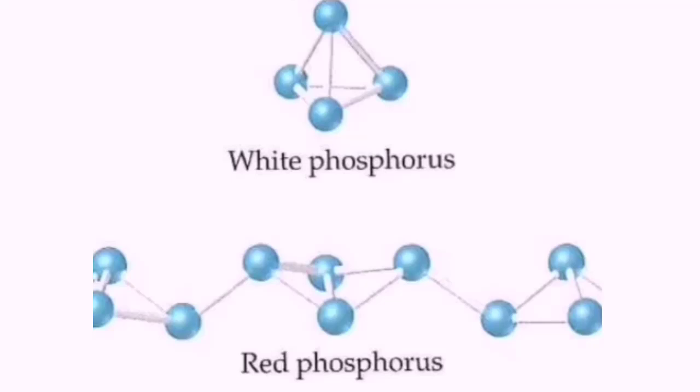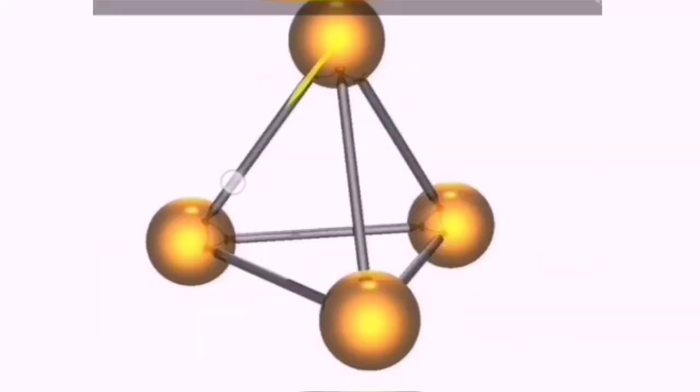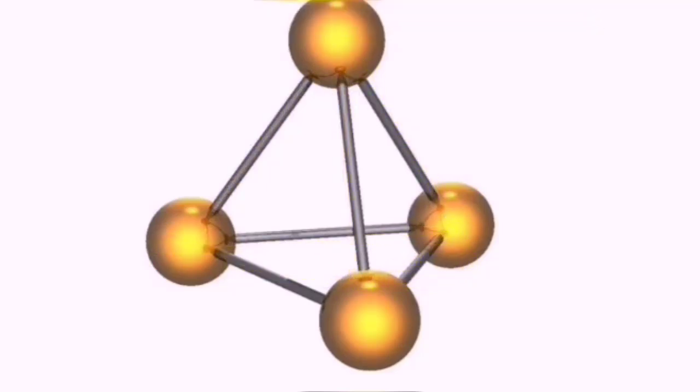The next topic is the allotropic forms. The allotropic forms are basically the same kind of molecule or element, but with different arrangements. For example, white phosphorus is shown in this diagram, which is a combination of 4 atoms in a tetrahedral pattern, whereas red phosphorus is a tetrahedral molecule but joined with the help of a long chain. This diagram shows a single unit of white phosphorus.